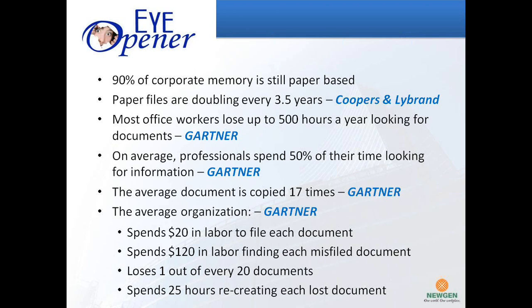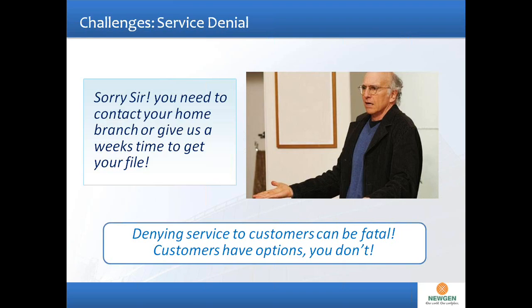Now let me take you through some scenarios which we face often. So here's a gentleman who is not able to get service because he has gone to the headquarters, and the headquarters says that since his documents are lying in a particular branch, they are not able to service it. It's not that the organization does not want to service this gentleman. The only problem is that all the necessary content is in the form of physical documents, which is lying in the particular branch where he does his business.